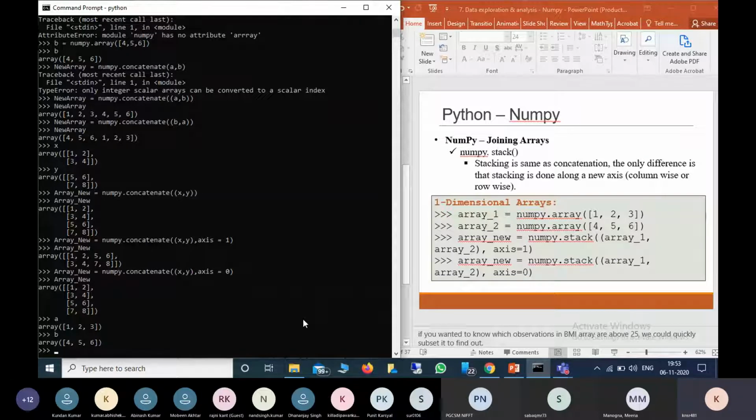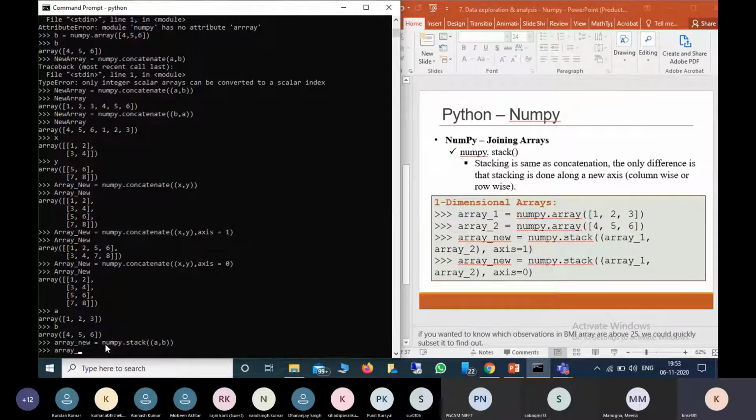Now we can try this stack, which is similar to concatenate, but it will create a new axis, because the arrays are 1D. Here it is not directly attaching them, but adding them as a new row. So we write array new equal to numpy dot stack a comma b.